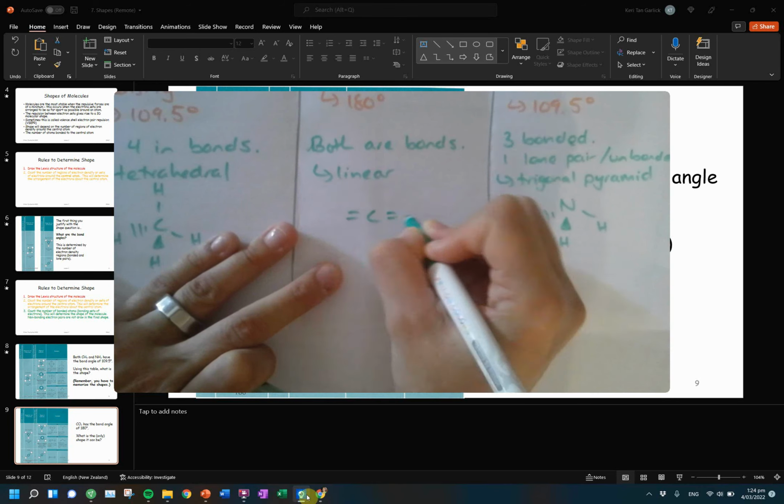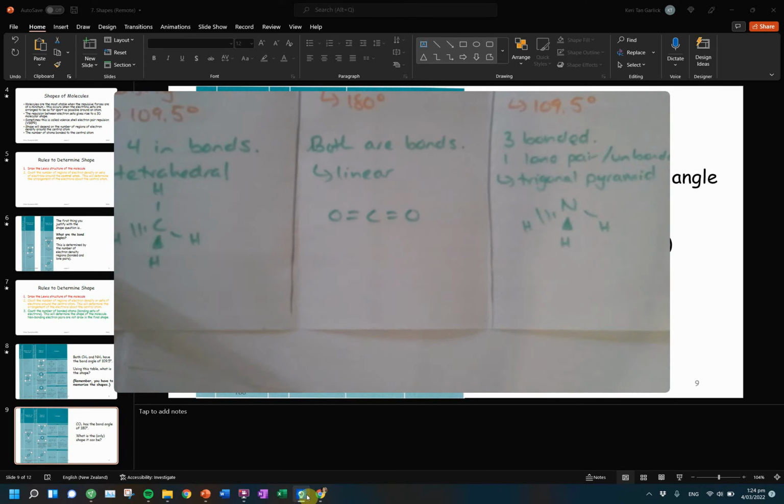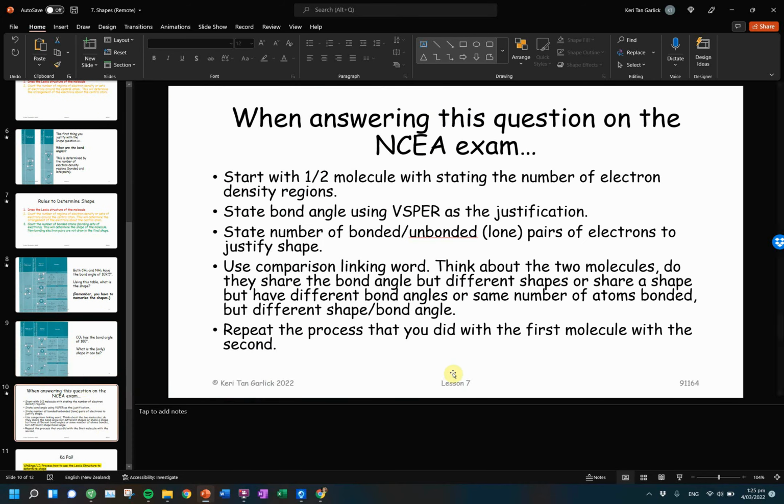and that's all I would draw. So remember that when you're doing the 3D shapes, you are not drawing any electrons anymore. Cool. All right. So some things to keep in mind when you're answering NCEA questions then